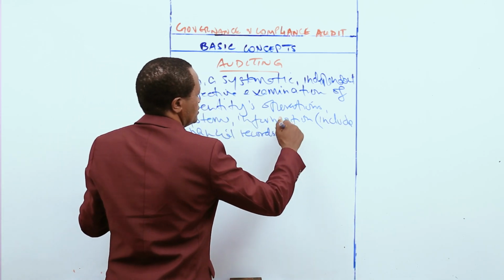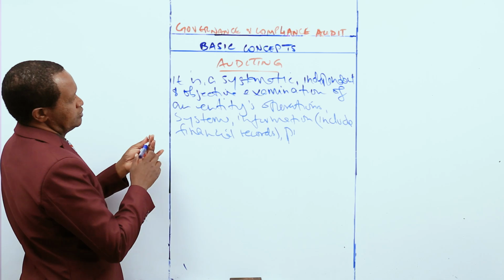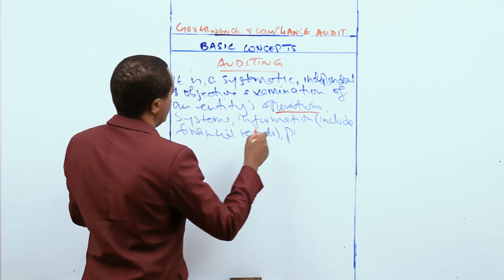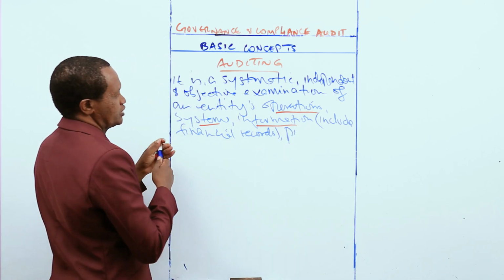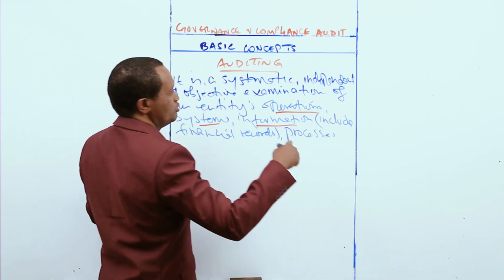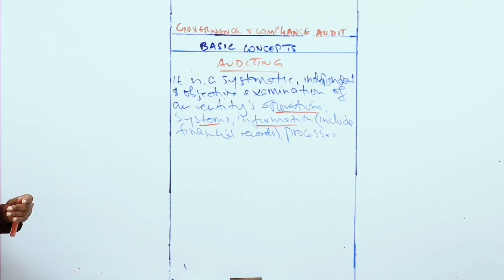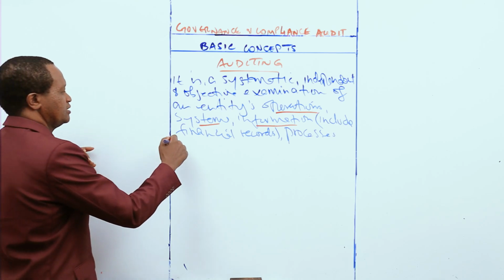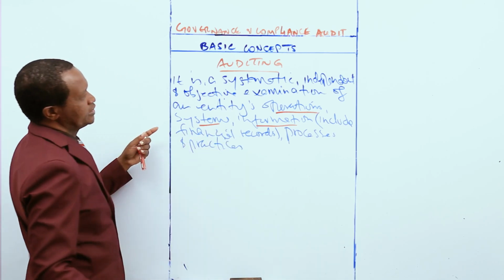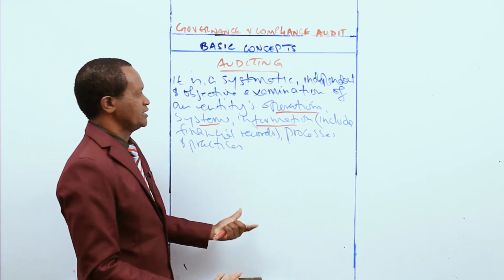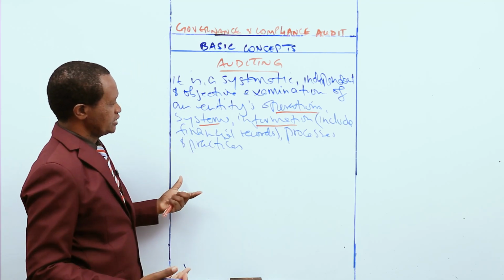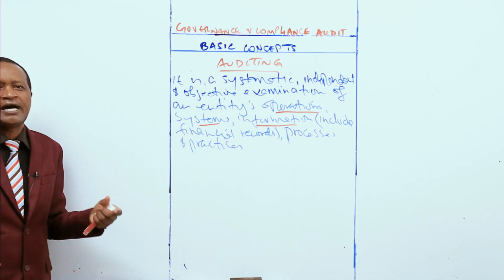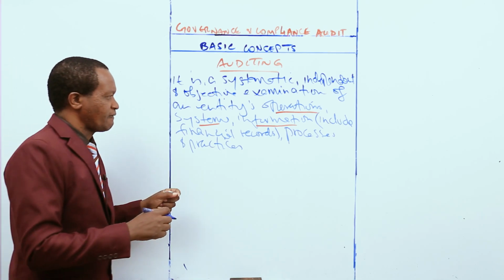financial records. So we have operations, systems, information. We may even add processes. It could be processes, could be procedures, all right? Or it could also be practices. So it is an examination, it is an assessment of an entity's information, processes, practices against criteria, against